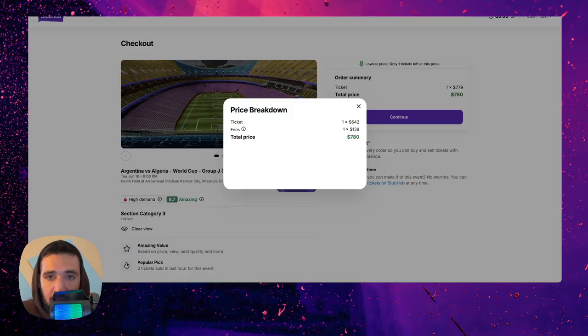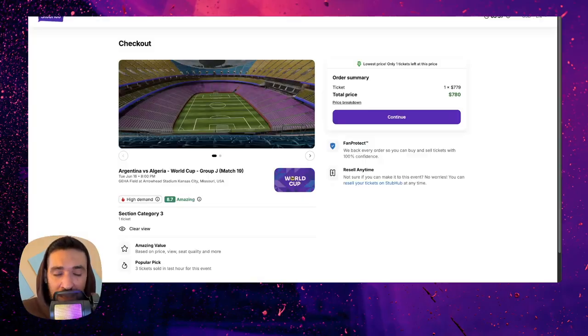So ticket is $642. Fees are 130. That's a lot for the fees. So your total price is $780. First price is $780 for the first match. Again, $780. Not too bad. I mean, it's high.